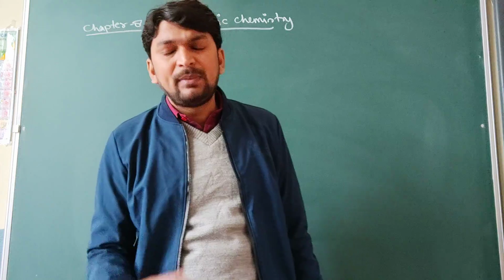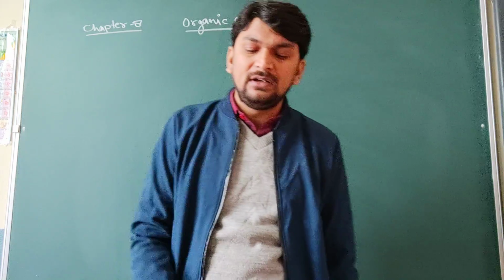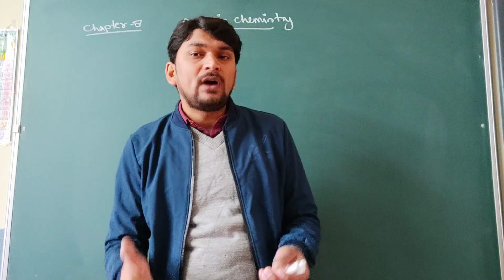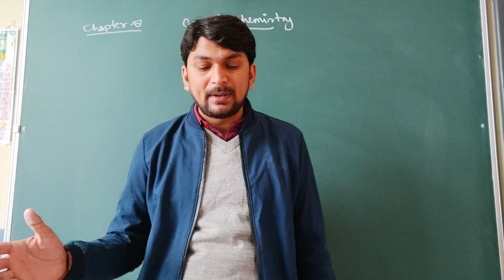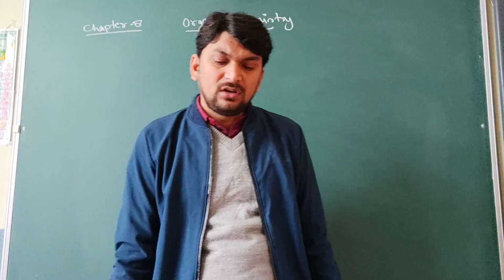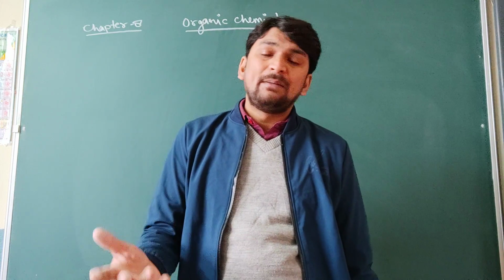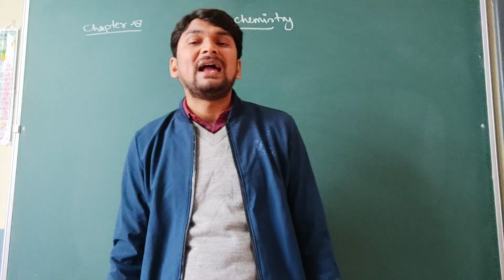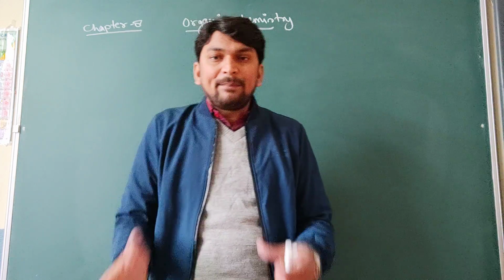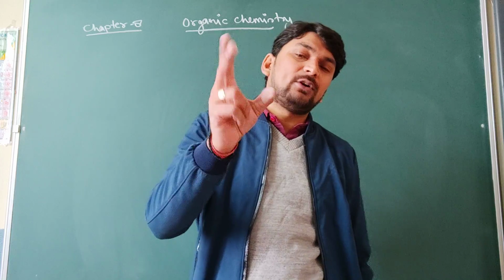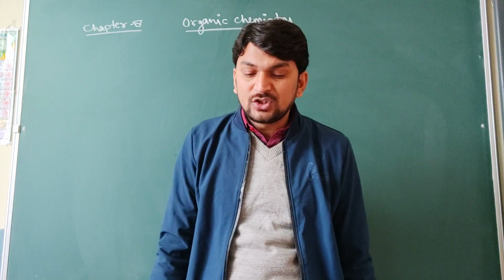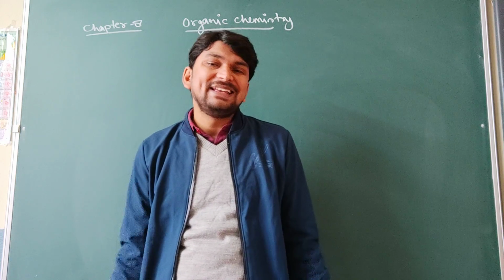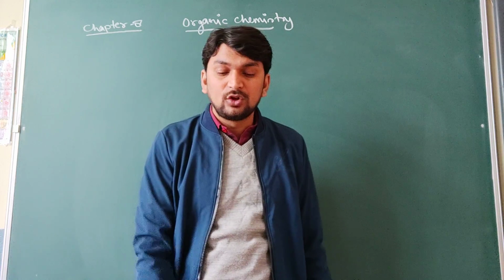Then we will discuss the unique nature of carbon, like its catenation property and tetravalency. It has a tendency to form multiple bonds, like single, double and triple bonds. Then we will discuss the structure of organic compounds, how they are represented, and we will also discuss isomerism. After completing isomerism, we will discuss only two types, chain isomerism and position isomerism. After that, we will discuss the homologous series, meaning the homologous series and the functional group.